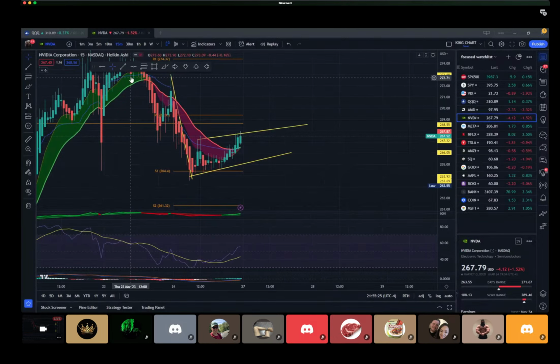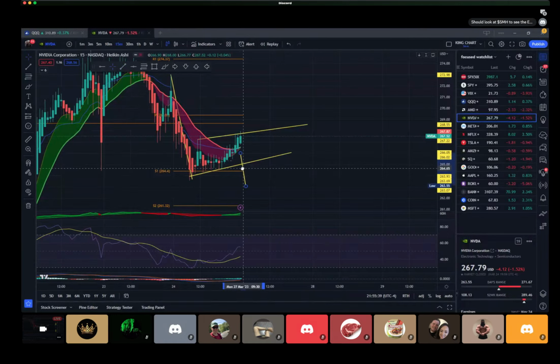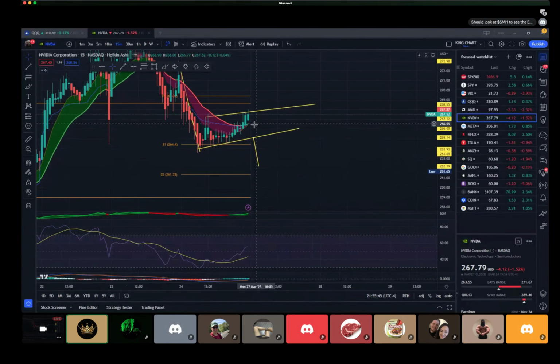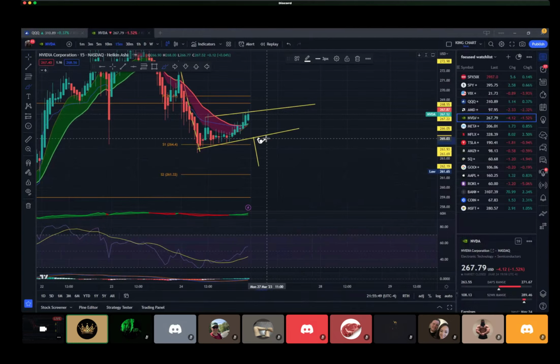So anyways, here's a 15. Grab the beginning. Well, that beginning move didn't grab the whole channel, so I'm going to grab the top. I grab that bottom right here. And same as before, guys, wait until we break out. Give me a candle somewhere here, a big one. I don't want a doji outside of there.